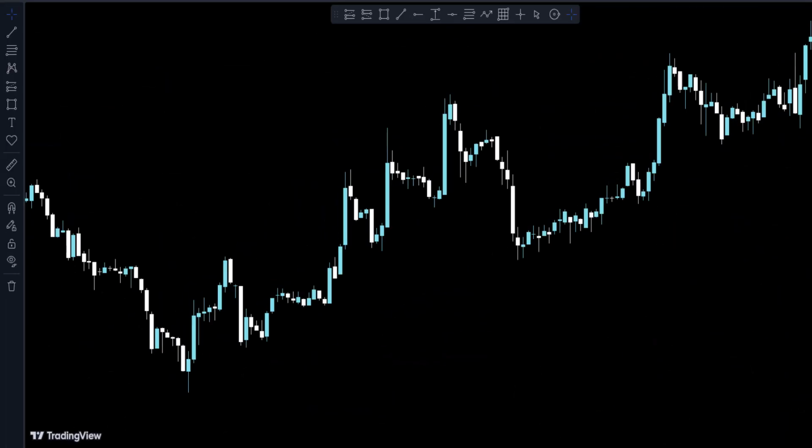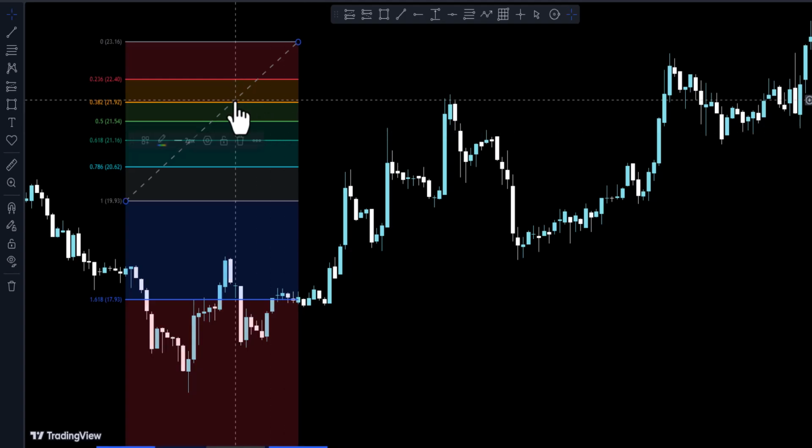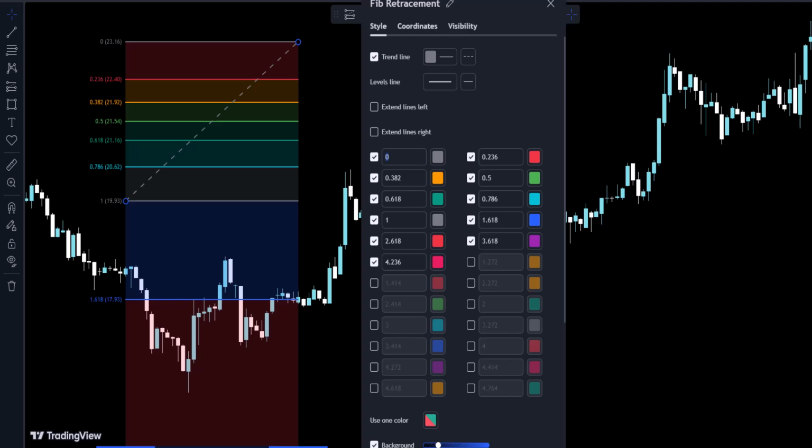In this trading example, to make sure you have a clear picture, first let's look at the settings in our Fibonacci retracement. You are going to double-click it to open it up. Like we said earlier, what you will notice is that the default levels have been selected. Any combination of these is correct. I have seen people only have the 0.618, and I have seen people remove the 0 and 1 lines. It doesn't matter as long as it works for you, but in this example, we're really only going to use